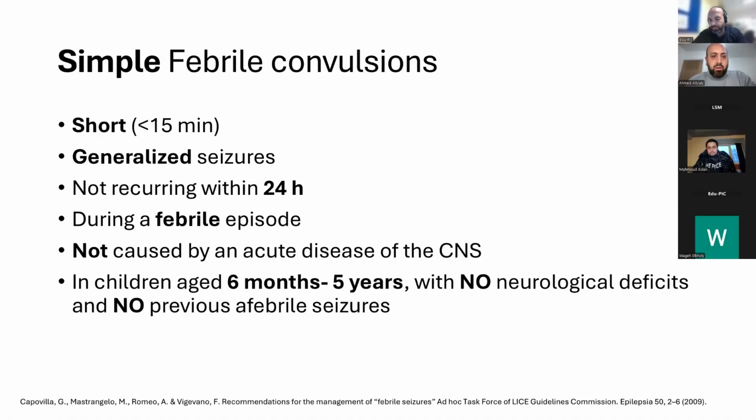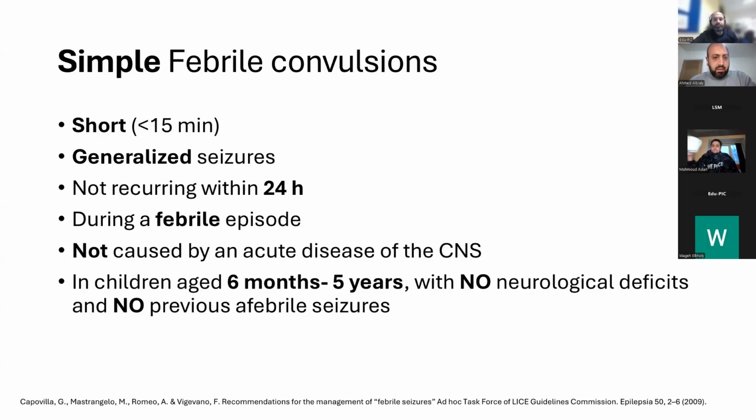So not focal, not recurring within 24 hours during the febrile illness, and not caused by an acute disease or infection of the CNS, usually in children between 6 months and 5 years of age. No neurological deficits and no previous afebrile seizures. So these are not known epileptic children who come with febrile seizures